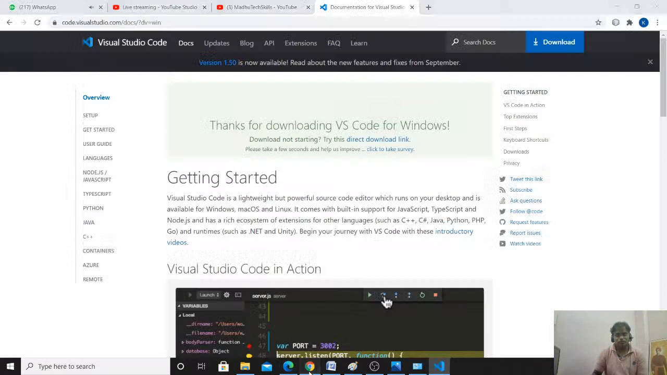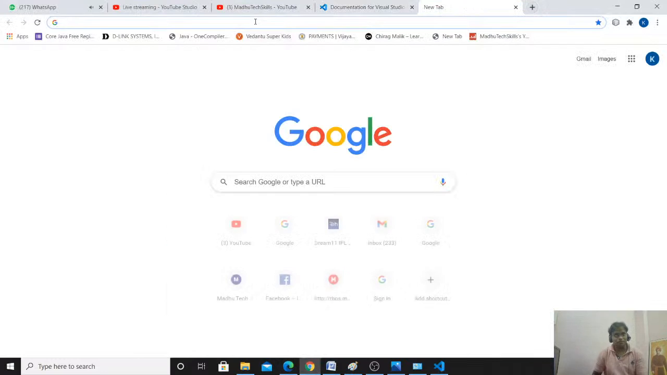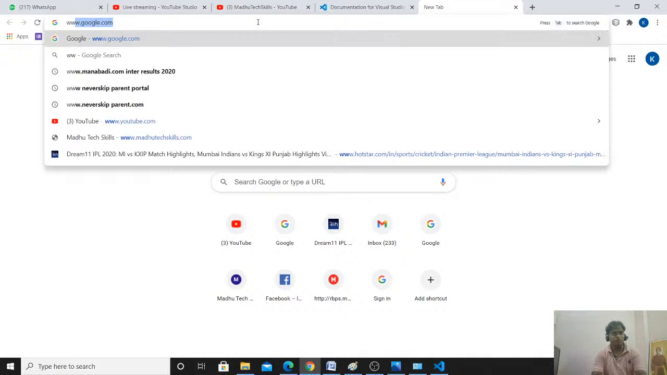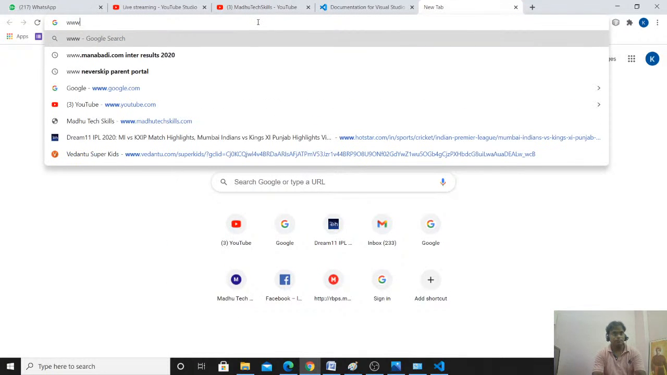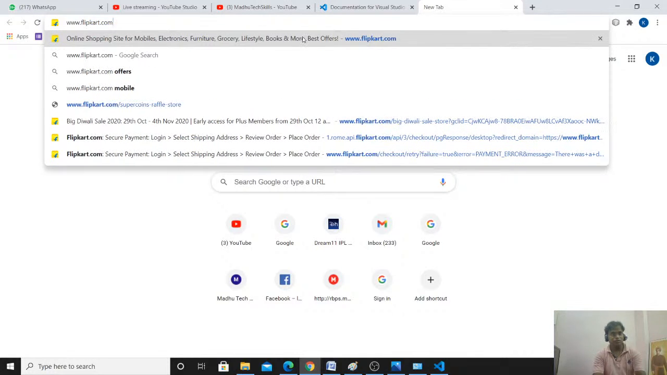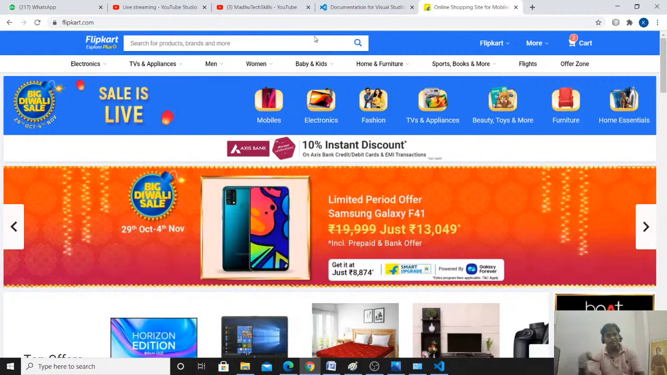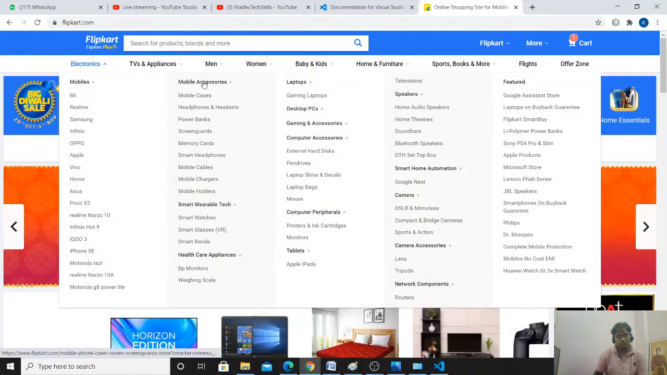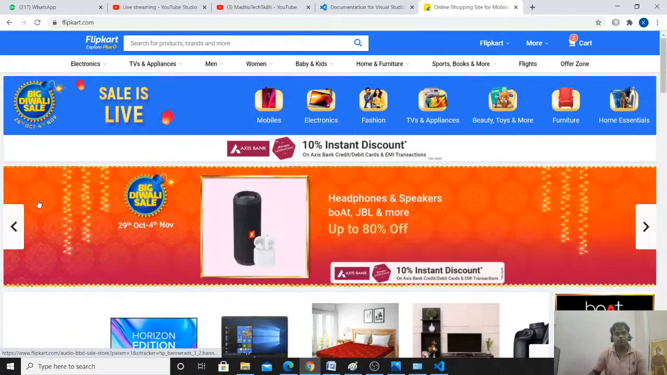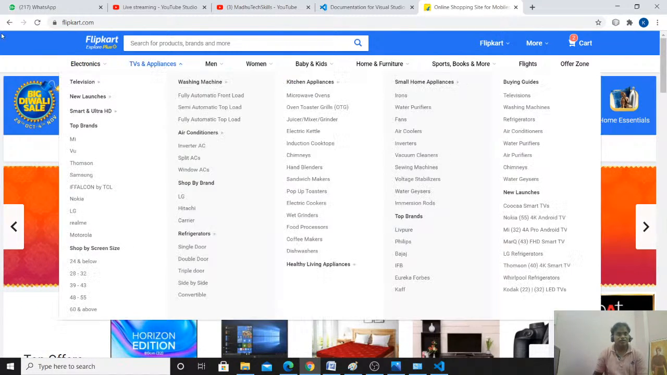See, here I am opening Flipkart, www.flipkart.com. This is our home page. This is the first page. From here we can move to different pages. See that we have many options here. This is home page. This is just like an index page. Got it? And let me open another website,